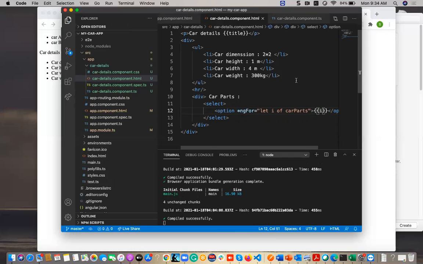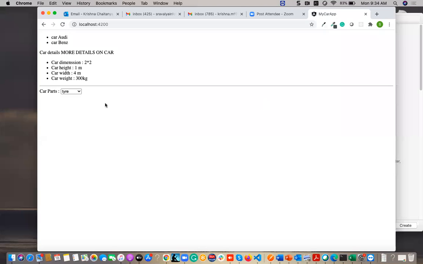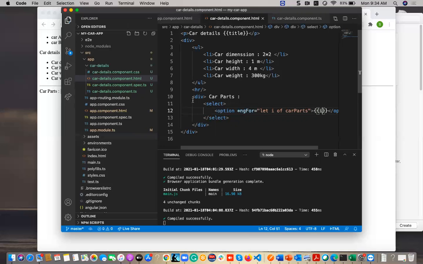I have to bring it. So now I will find the tire, engine, door, glasses, and gearbox in my view. In my view, I am able to see it.